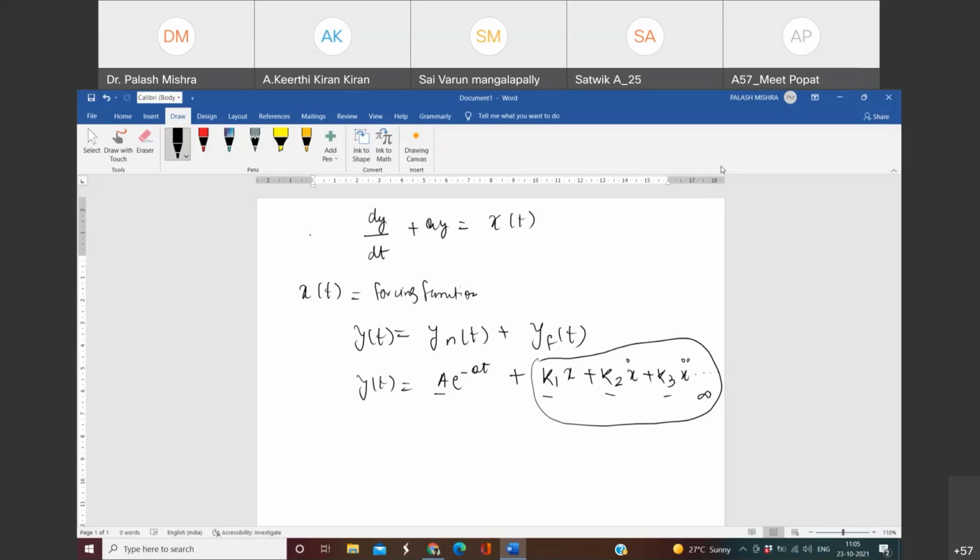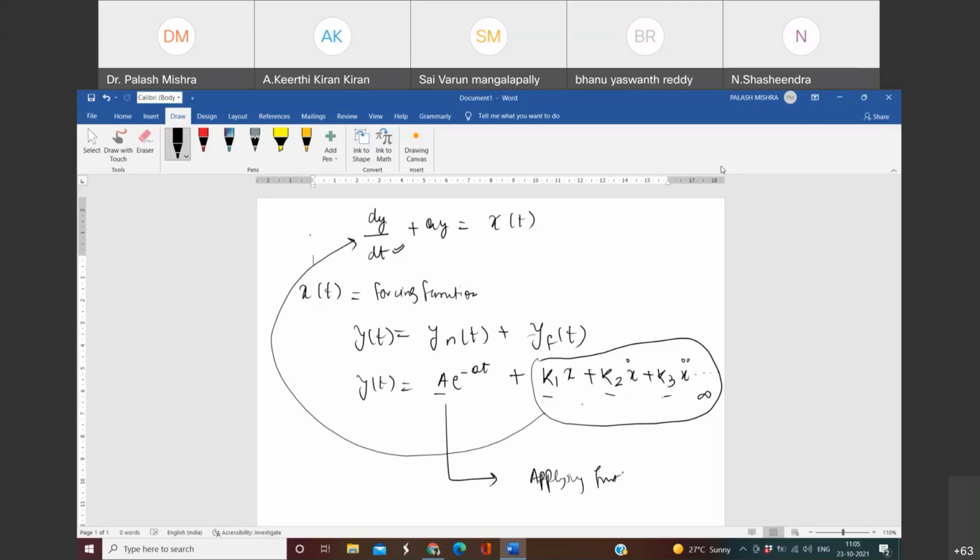We need to apply that equation. Every forcing function, every forced solution will satisfy its own differential equation. This is what we discussed in the last class. So for finding K1, K2, and K3, you have to put this value in this function and equate the coefficients of the same terms on both sides, and then you will get k1, k2, and k3. How will you get the value of A then? By applying the initial conditions.